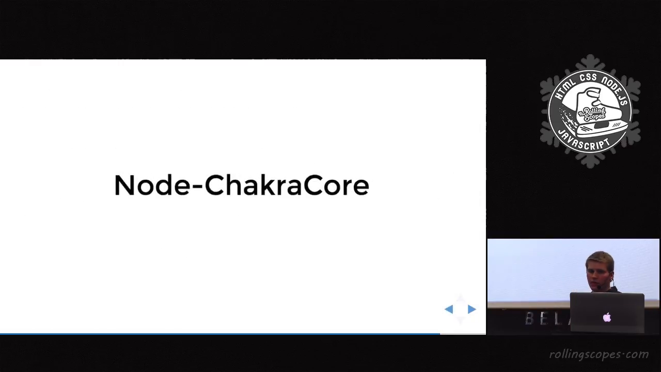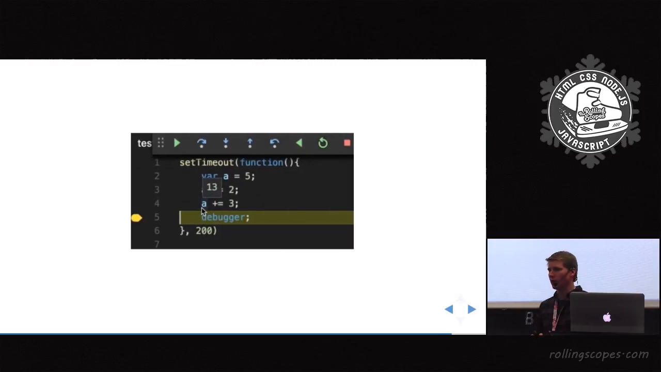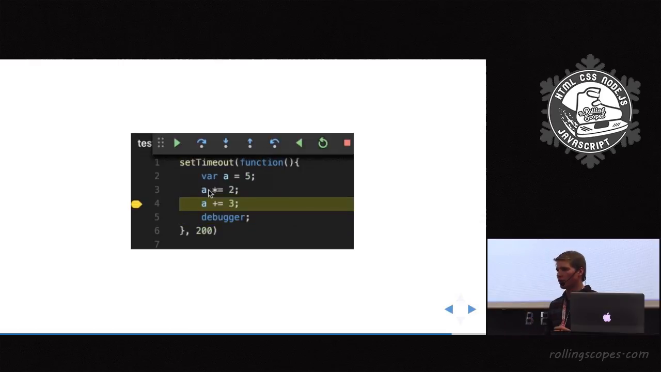The last thing I'm going to talk about is ChakraCore, and it steps away from capturing data in JavaScript and actually does it as part of the JavaScript engine. So ChakraCore is a JavaScript engine like V8, and Node-ChakraCore is a project by Microsoft that allows you to run a Node program with all the Node APIs with ChakraCore instead of V8. And what this allows you to do is these time travel debugging features where the entire program state is captured,